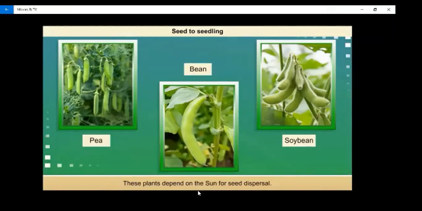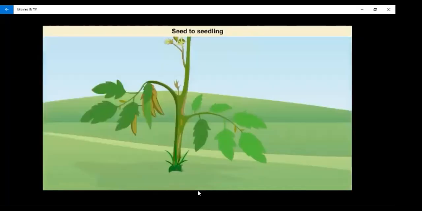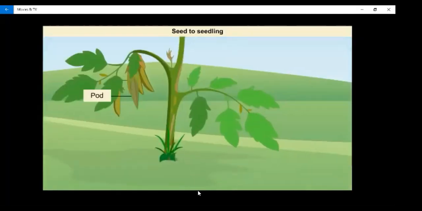All these plants depend on the sun for seed dispersal. As a pod dries in the sun, tension is set up in the walls, eventually causing it to split along two lines of weaknesses. Then the two halves curl back suddenly and flick out the seeds within in an explosive